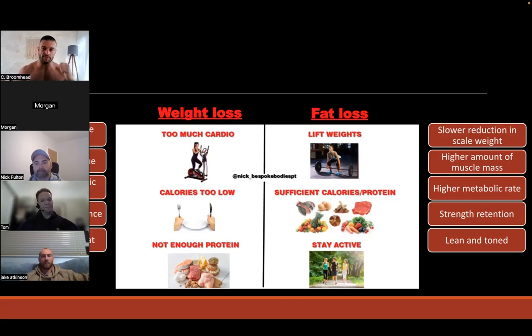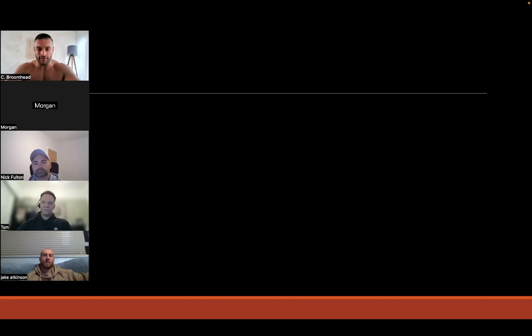We want a high muscle mass, we want a high metabolic rate, we don't want to crash that down, so we want to make sure we keep everything up. And if we go crashing too fast, as Tom said, you go from 5 to 2,000, your metabolic rate will take a hit pretty fast because your body will adapt to try and conserve energy due to the fact it's going, what the hell are you doing to me? So you'll see an initial drop. If you're doing a 4-week diet, it would work. If you're trying to do like 12 weeks, it's just going to slow right down and then you've got nowhere to go. And you'll lose strength because now you've got no food to train, you can train like shit. And you want to be lean and toned.